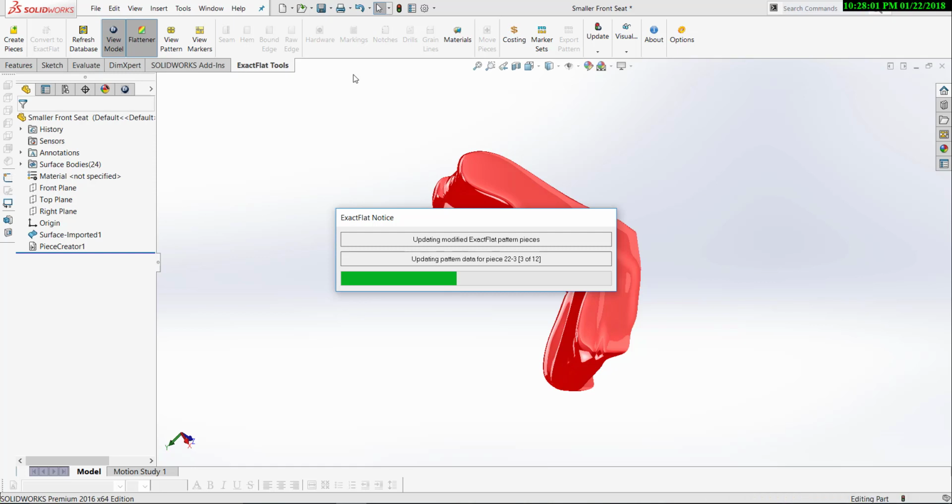Okay, so now it's just rebuilding the pattern pieces. As I said, we're going to be adding our notches, and after we add our notches, we'll go through and export the pattern pieces out to the cutter. So once we have that done,